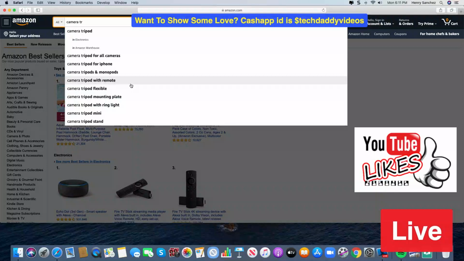So when you are looking for a camera, and I'm just using tripod as an example, as I start to get closer to closing out this word tripod, you can see all the other keywords that are going to help you out when that comes to keywords and searching for keywords themselves.